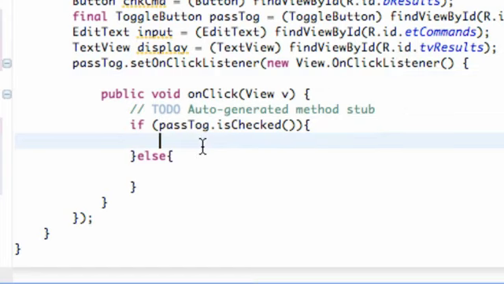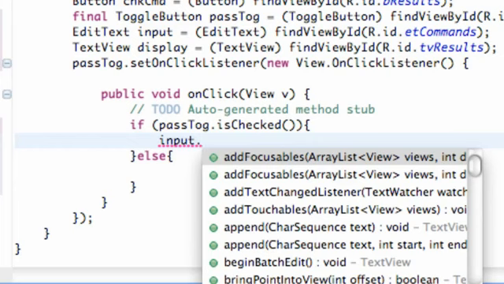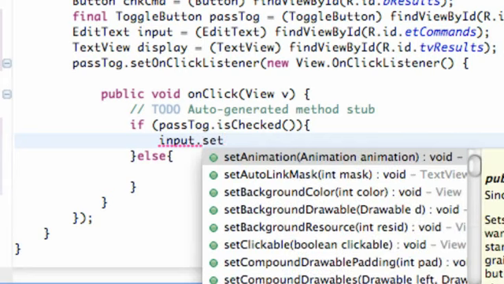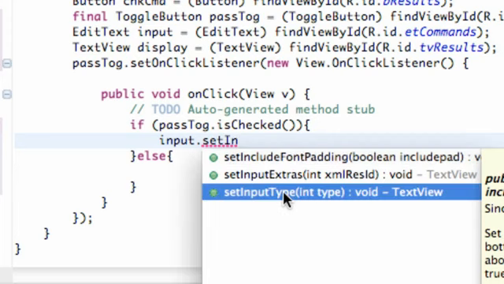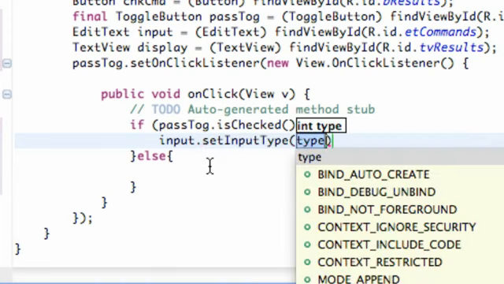Now what we can do is use the edit text variable that we set up here, and we have it referenced to our edit text in the XML, and we're going to change that. So we called the edit text input, so we're going to say input, hit dot, and then we're going to set the input type. Basically, there's the password type in a text view, or a number for the most part. You can make them only be able to put in numbers, stuff like that. So we're going to say the method set input type, and as you can see it's a text view type for the most part, and within the parameters,